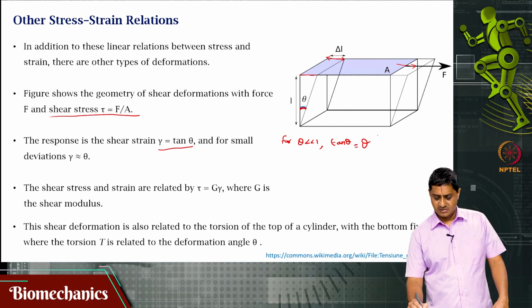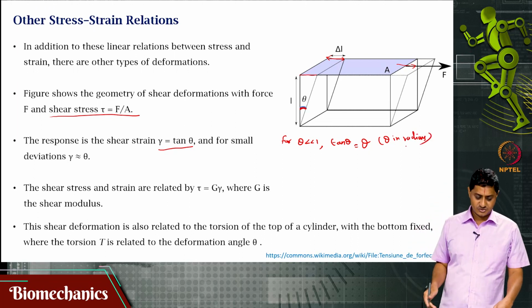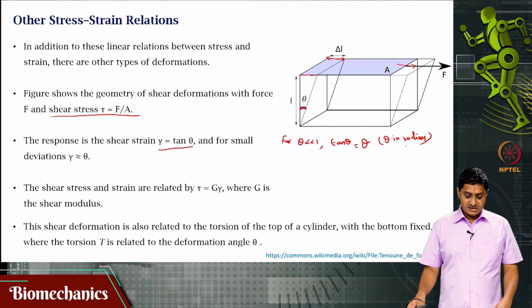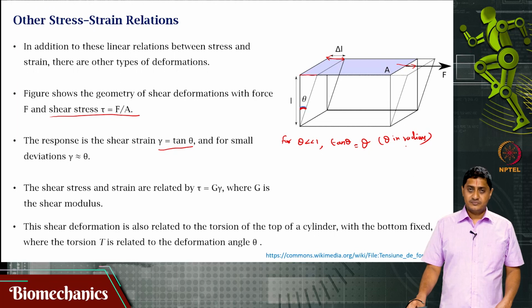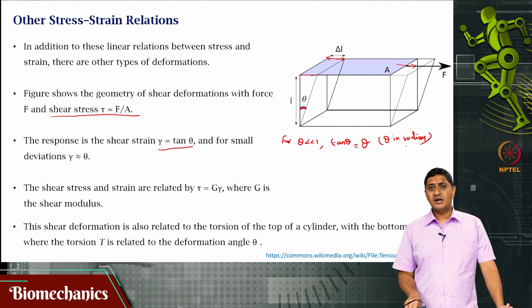So, for small deviations, the shear strain gamma is actually theta,